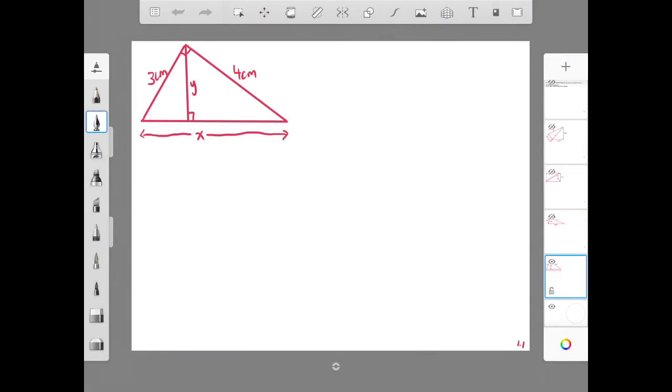Hey guys, let's solve this question together. As you can see, this is a question that involves using Pythagoras Theorem. Since this is the first episode on Pythagoras Theorem, I'm going to show you what exactly is meant by Pythagoras Theorem and also how to identify the hypotenuse. So normally we can see